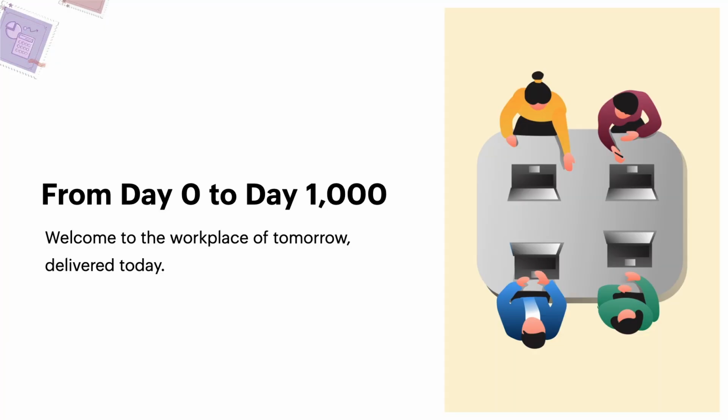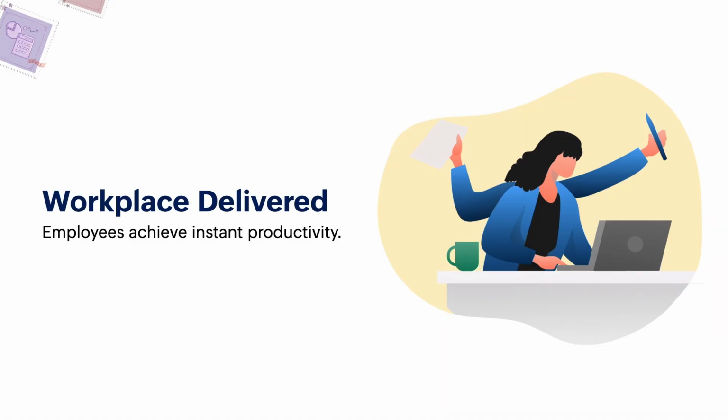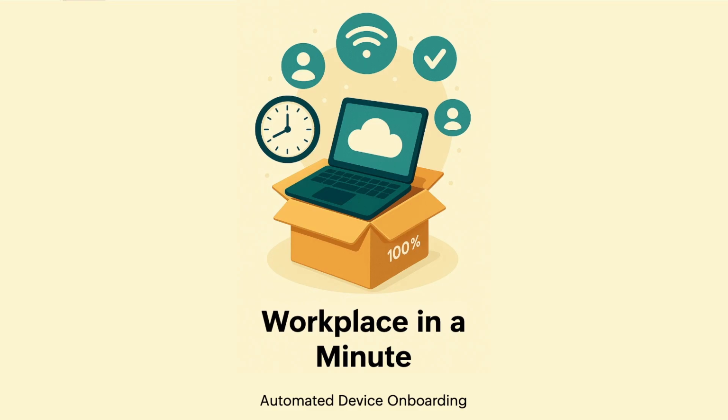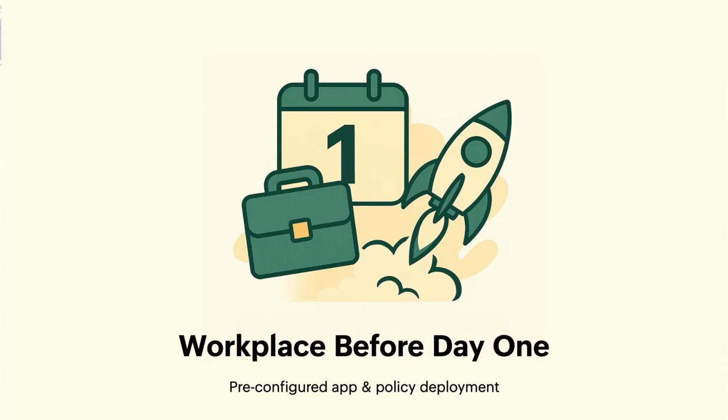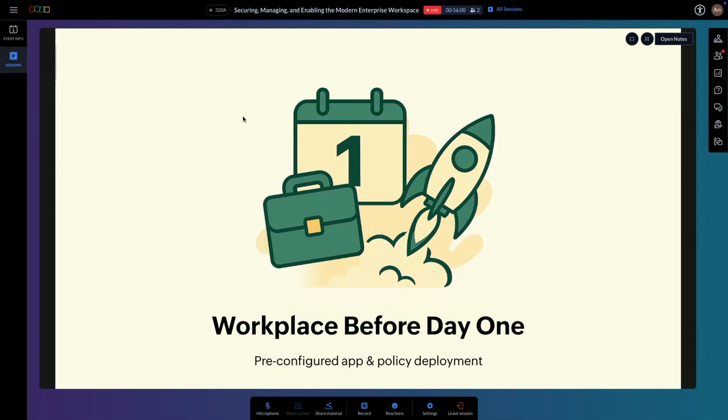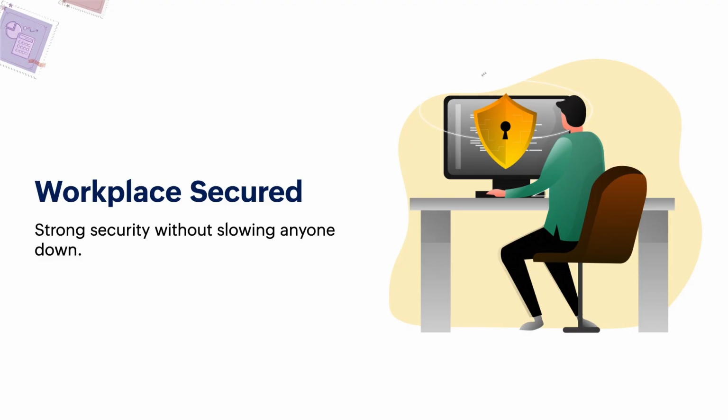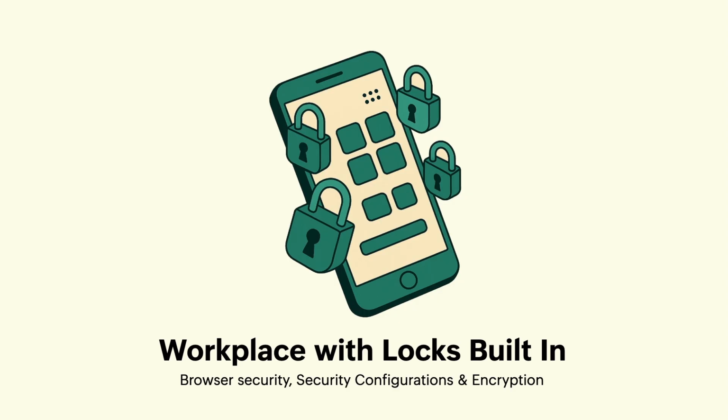So now coming back to your presentation, we spoke about securing your devices right from zero to the day of retirement. We spoke about workplace delivered. So employees have instant access to all the tools to increase their productivity. We spoke about drop shipping devices, pre-built with ABM, Apple's ABM, zero-touch deployment, wireless deployment. Let's talk about Windows. Let's talk about Apple, any OS for that matter, right? Then giving them all predefined configurations, security defined in place, and then comes your productivity in focus without compromising on security, right? We spoke about browser security.